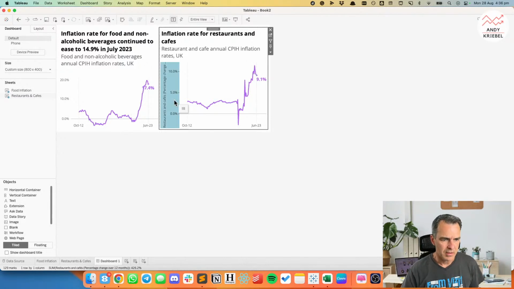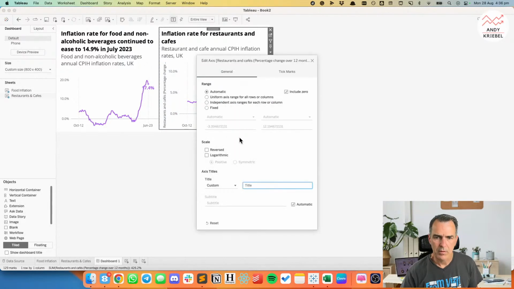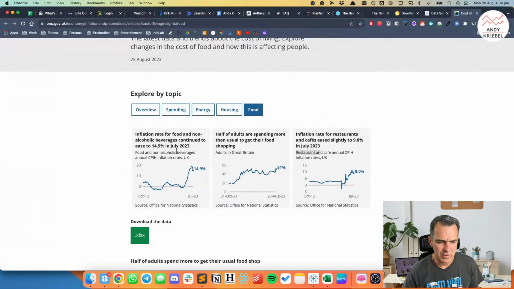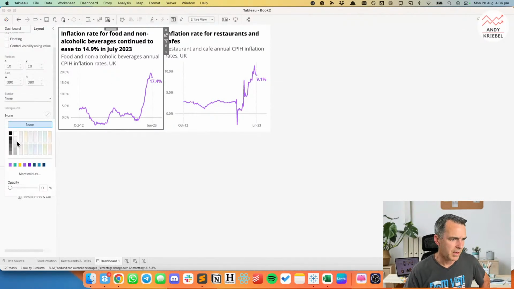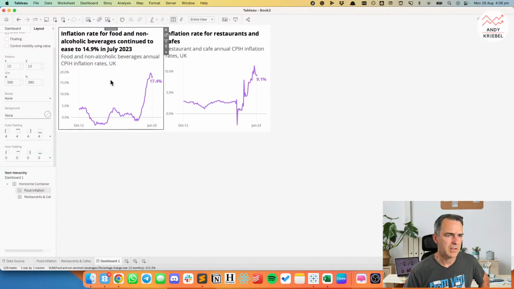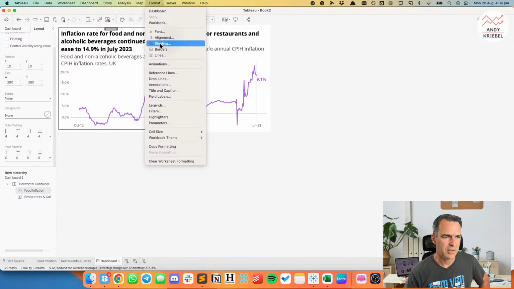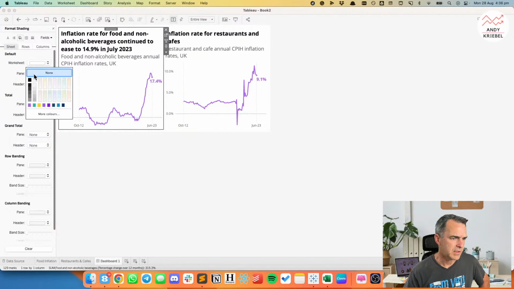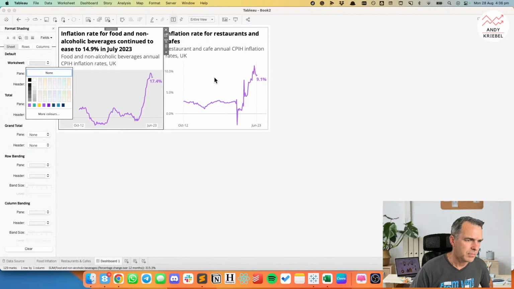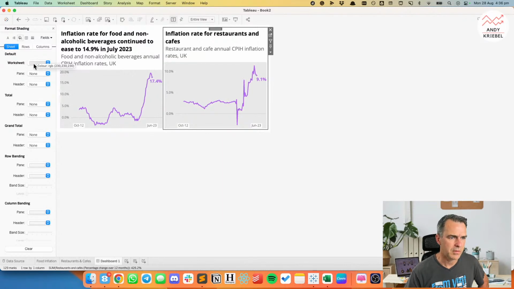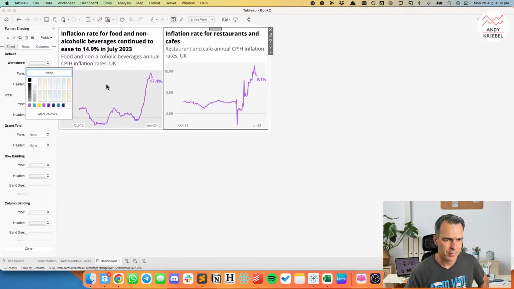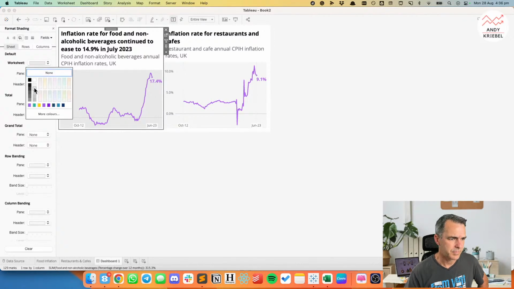Okay. And then let's get rid of the title here. But we need to have these with these gray backgrounds. Okay. So I'm going to click on this first sheet and set the background to maybe a light gray. Oh, but it needs to be for the whole worksheet. Okay, so I need to go to the worksheet here and go to shading and go to sheet. And I want to set the whole worksheet to be gray in the background. Well, that worked well, didn't it? That's really dumb. Why is it not doing the header, the title as well? That's annoying. That's okay. I'll fix that.